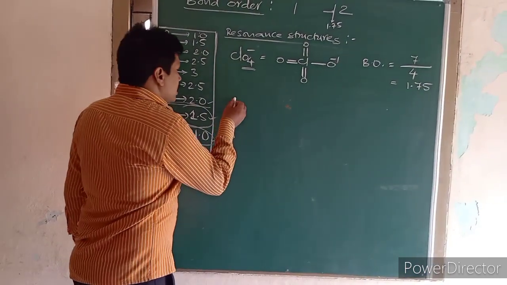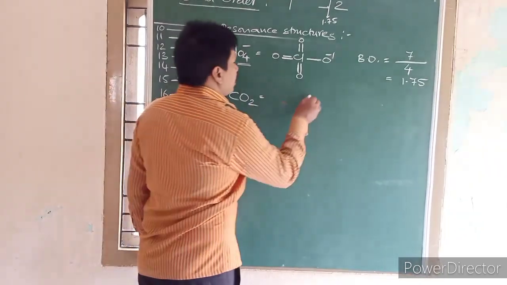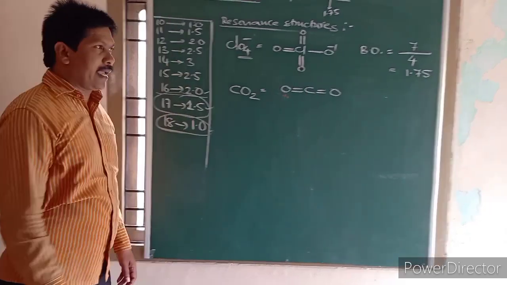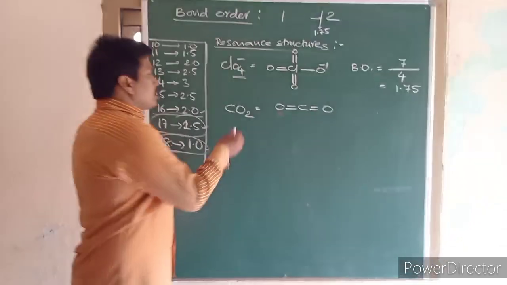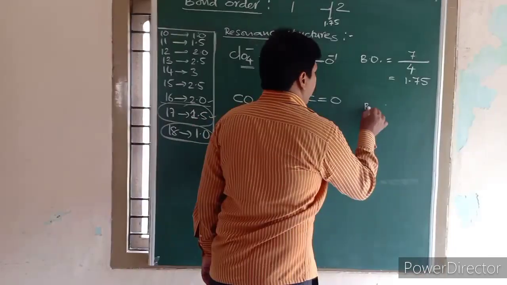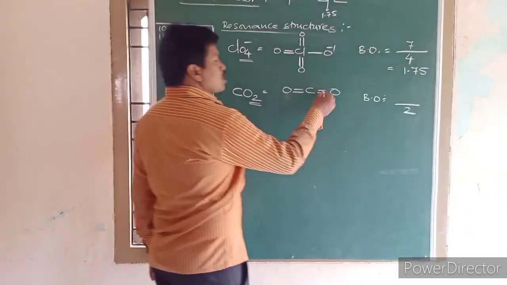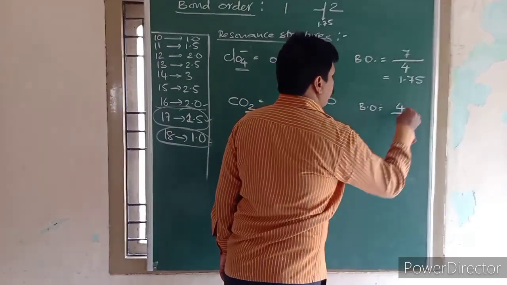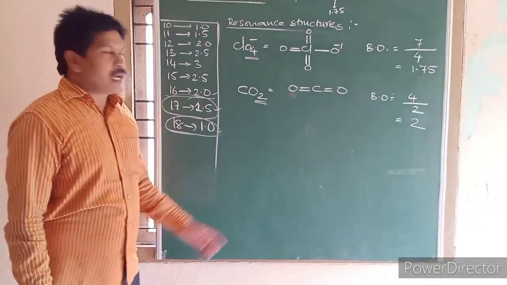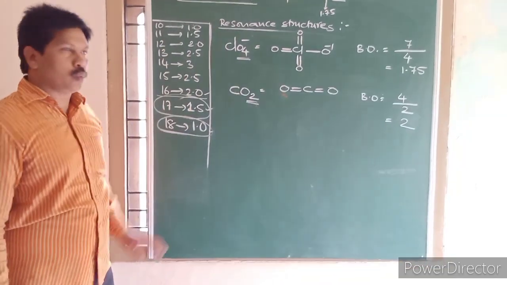And you observe that in carbon dioxide, in this structure, it is C double bond O and double bond O like this. And here the carbon is surrounded by 2 oxygen atoms. That's why its number of resonance structures becomes equal to 2. And the number of bonds becomes equal to 2 plus 2 is 4. That's why its bond order becomes equal to 2. Because all are double bonds, its bond order becomes equal to 2.